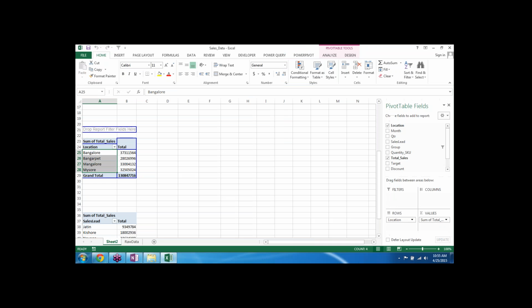So I will answer the questions one by one. The first question I got: how are you including the second pivot? And I would add one more question: what is the use of doing this? Okay, how you are using it and why you are using it.